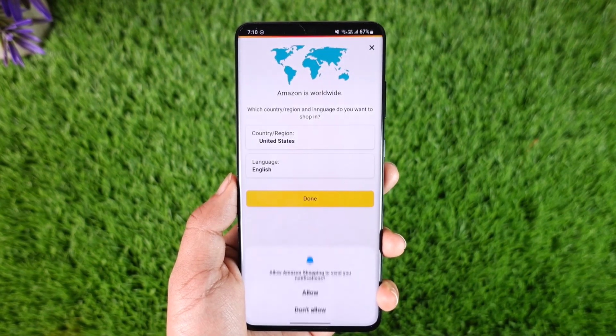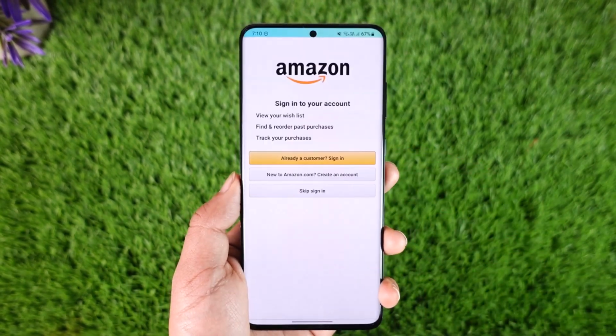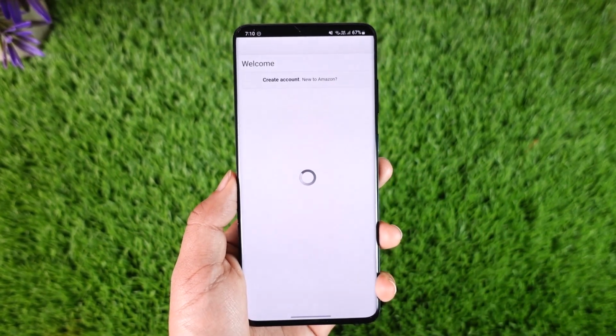And the very first thing that you have to do is to simply make sure to select your country and your region as well as your language. So I'll leave it at that and then I'll just tap the done option. So right here you can see it says already a customer sign in, so make sure to tap on it,